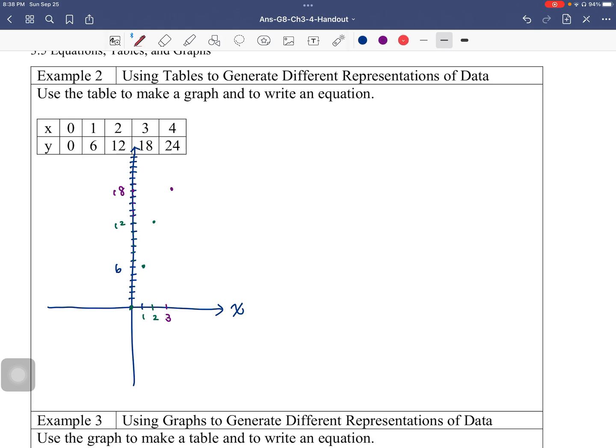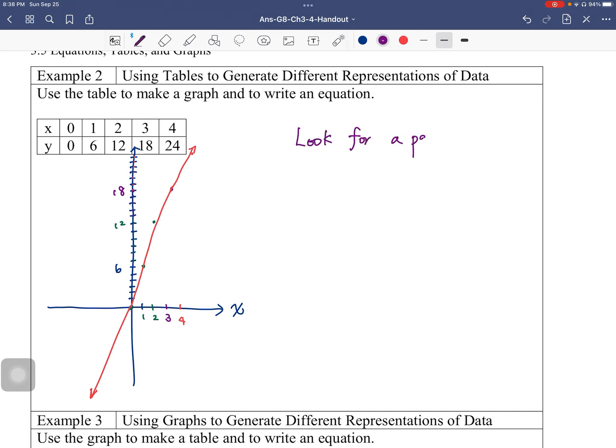And then 4 is 24, 19, 20, 21, 22, 23, 24. So it looks like this. And then we want to look for